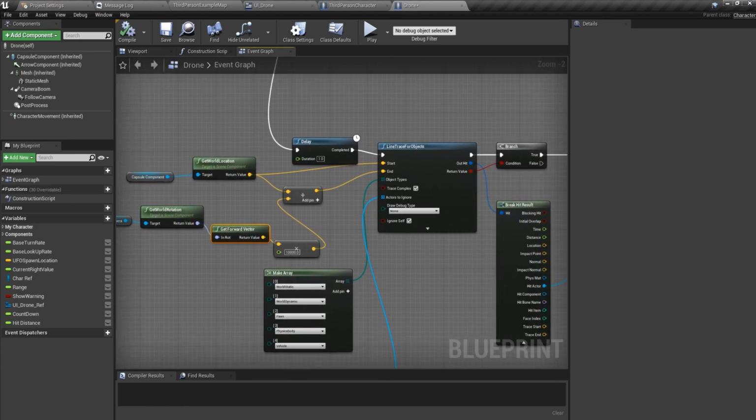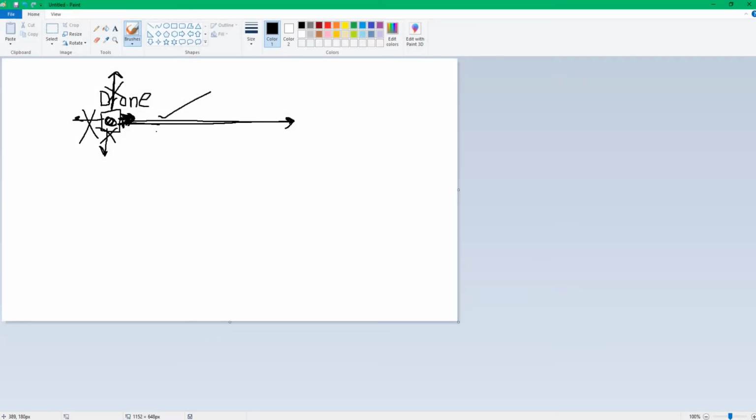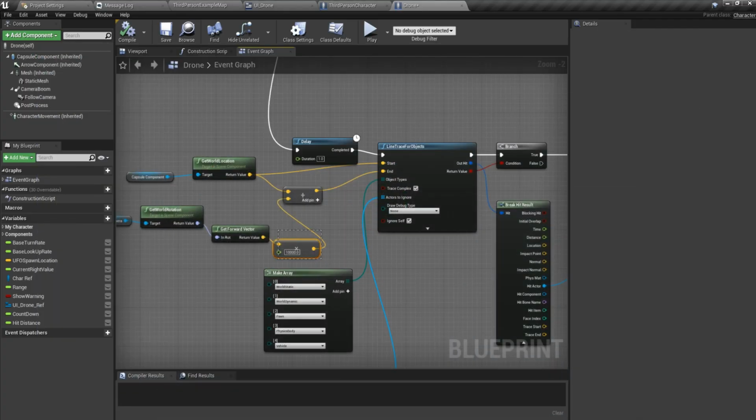So once we get that, we multiply it into 10,000. Again, we want to line trace to a certain thousand distance maybe. What forward vector gets is this direction, but it does not know how far you want it to be. For that far away distance, you need to multiply it with 10,000, and that is the distance it gets as the end